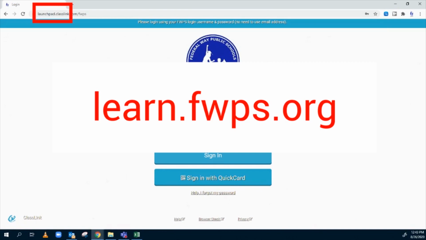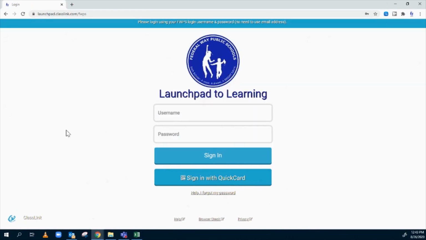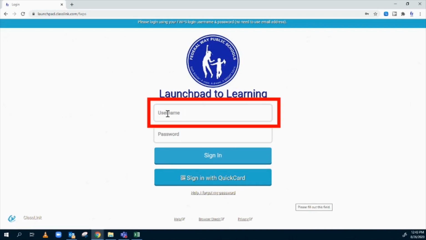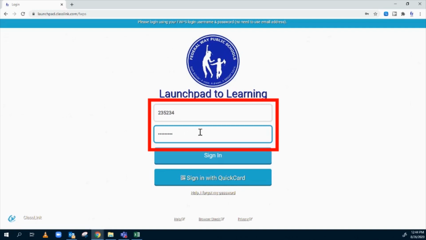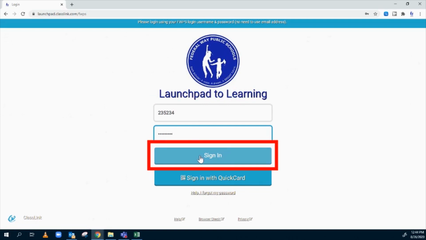learn.fwps.org. When on the login screen of Launchpad to Learning, a scholar will put in their scholar ID as a username. After entering their scholar ID number, their password will be the password they use to sign in to a laptop or device. When a scholar has entered their scholar ID number as a username and the password that they use to log into devices in Federal Way, they will click the Sign In button to sign in to Launchpad